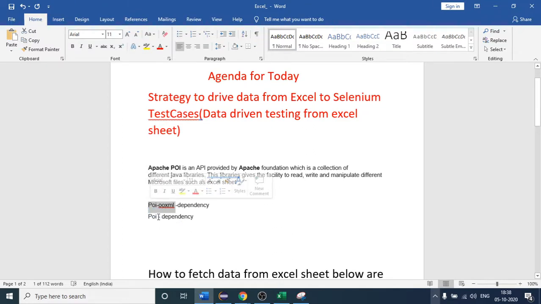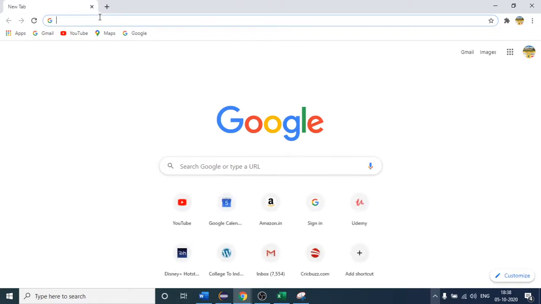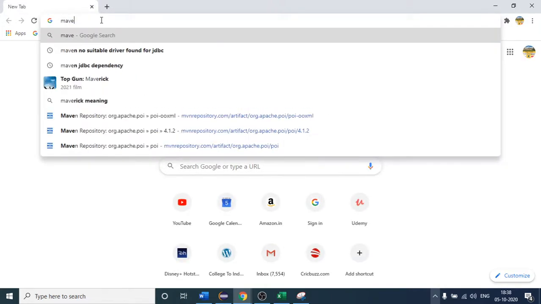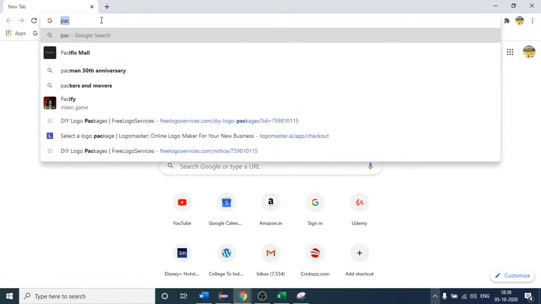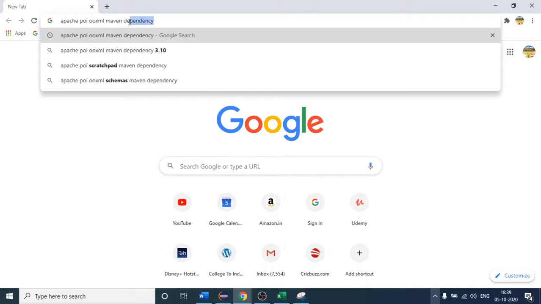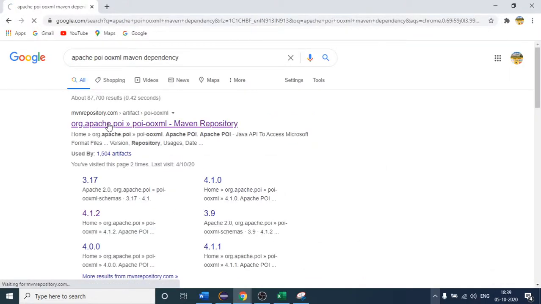Okay. So how we are going to get the dependencies here? This is the first one. Copy this. Okay, I will not copy that. And if I come to Google, write Maven. Okay, I'll write Apache. So you can write like that, Maven dependency. After that, just hit the first URL,